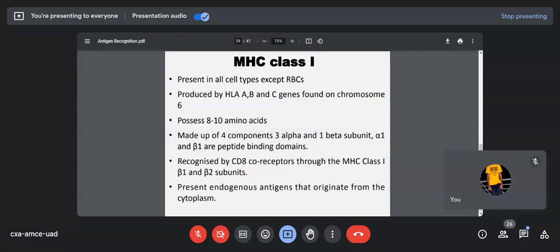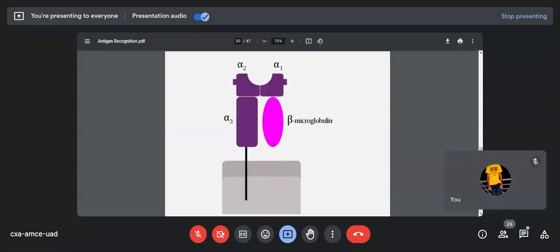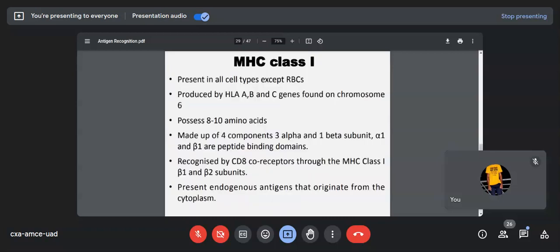So MHC molecules are found on 3 parts of chromosome number 6. It's unfortunate that I have no structure of chromosome number 6, guys, but hopefully you'll be making a picture from my voice. So I want you to label the parts of chromosome number 6 in this way. If you're writing somewhere, you can just break a line. So when you break a line there, the first part,